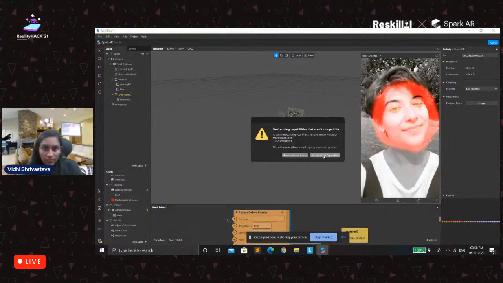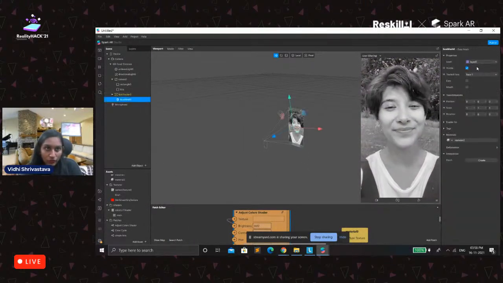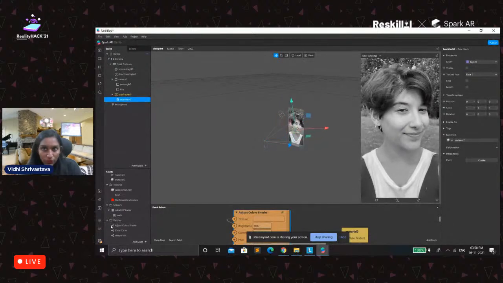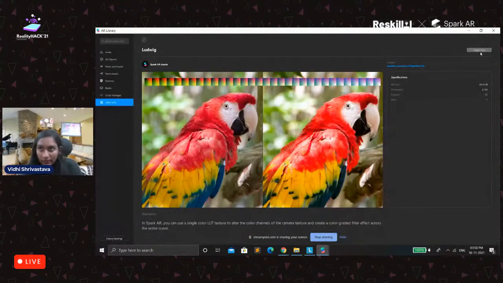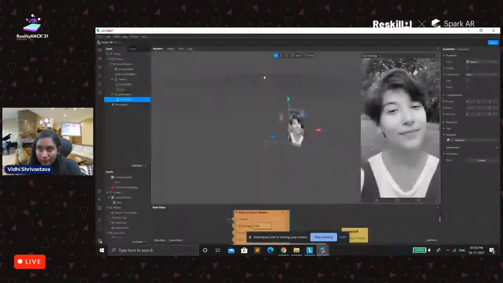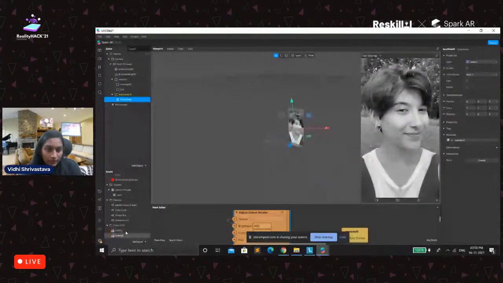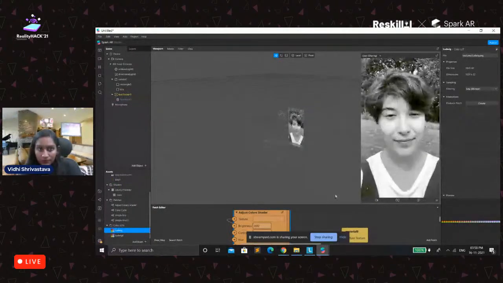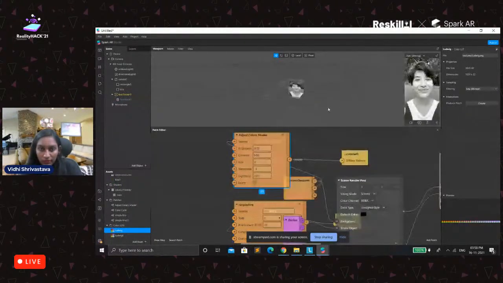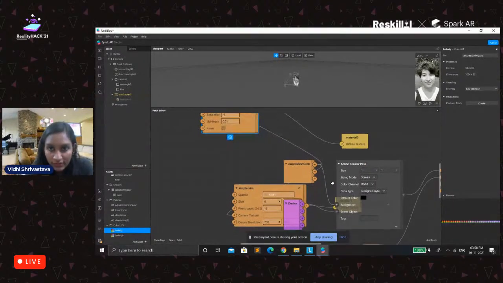For this, okay, remove render pass. I have to disable this because it won't be applied to it. Let me again extract it, and let me go to actions, add to camera. Okay, now what we will do is we will see what exactly happened here.